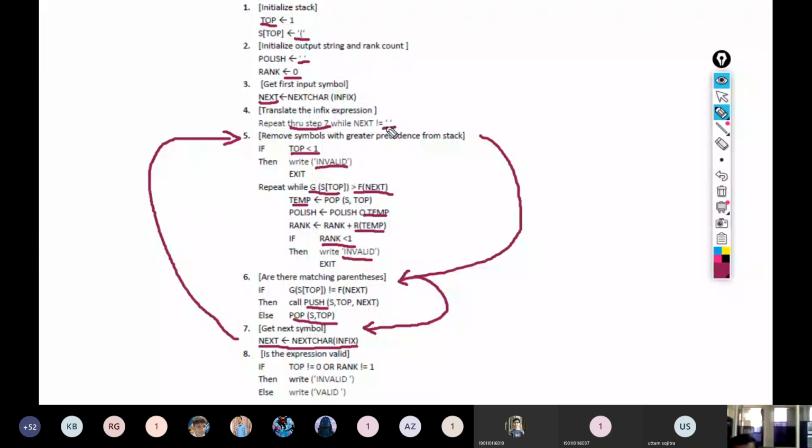So clear with this algorithm? Any questions? Anyone, please, if you have a question, then ask me. Otherwise, we will go ahead.